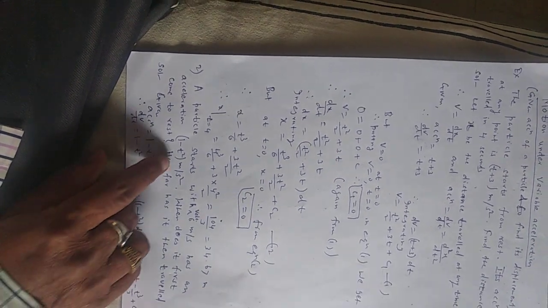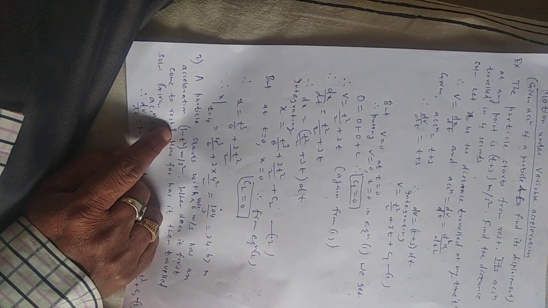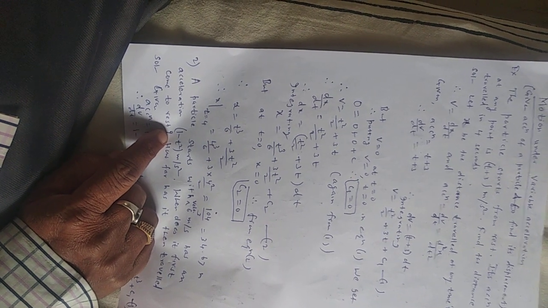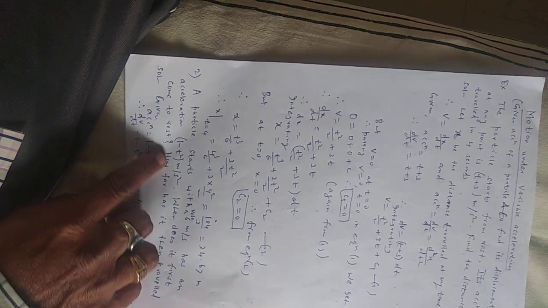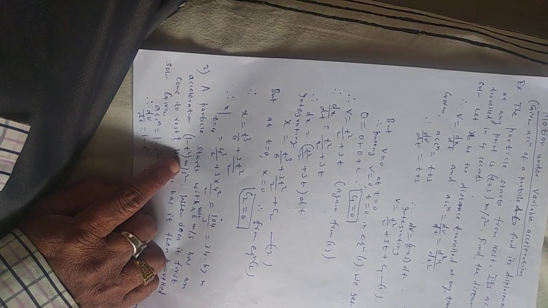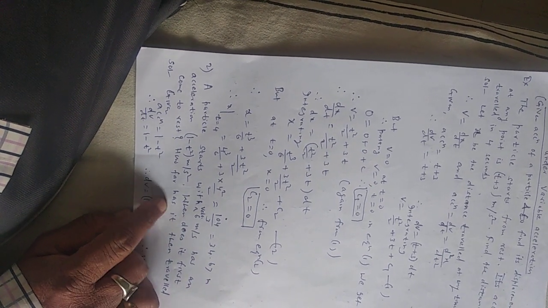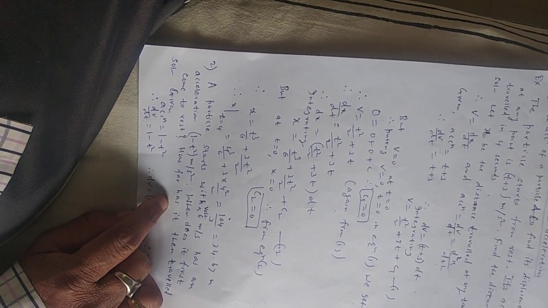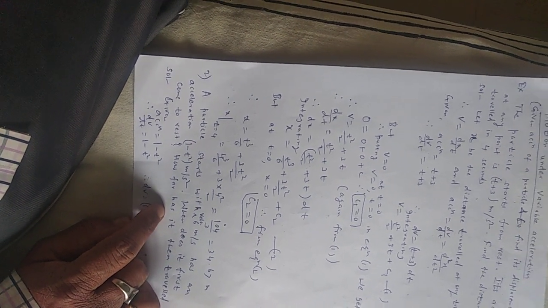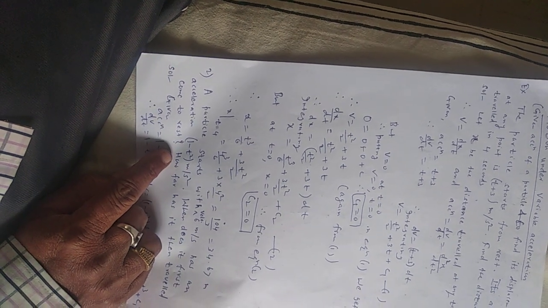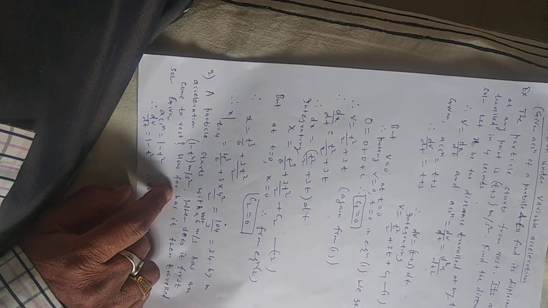The answer is 34.67 meter. The second example is: a particle starts with velocity 6 meter per second, and it has an acceleration 1 minus t square meter per second square. Our question is, when does it first come to rest? That is question number 1. And question 2, how far has it then traveled? So there will be two answers. We have to find t, and at that t we have to find x.